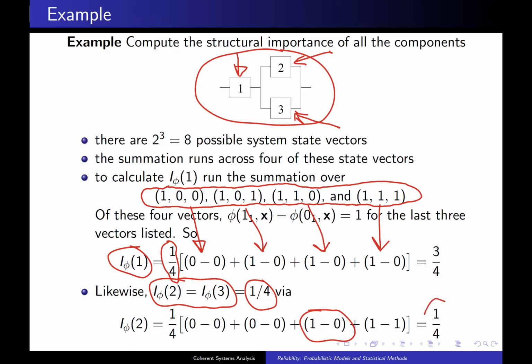So you get a lower number, a lower structural importance for the second and the third components. Once again, keep in mind structural importance says how important is this component to the functioning of the system based on their position in the